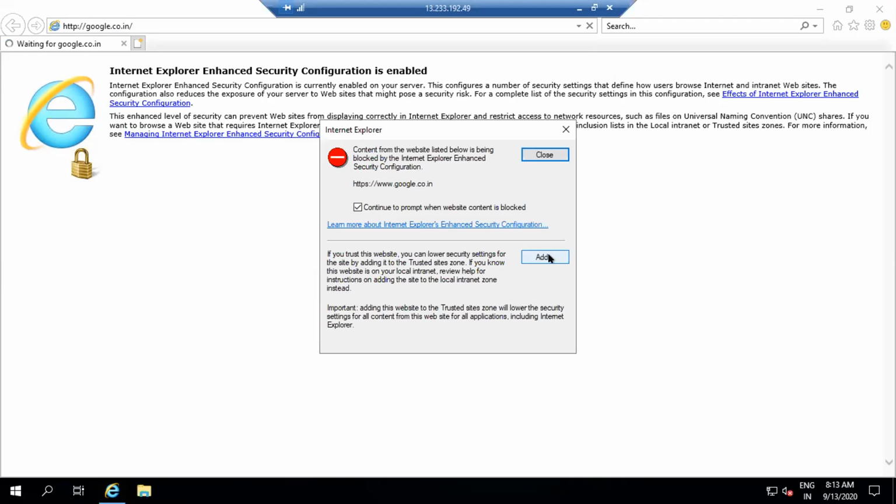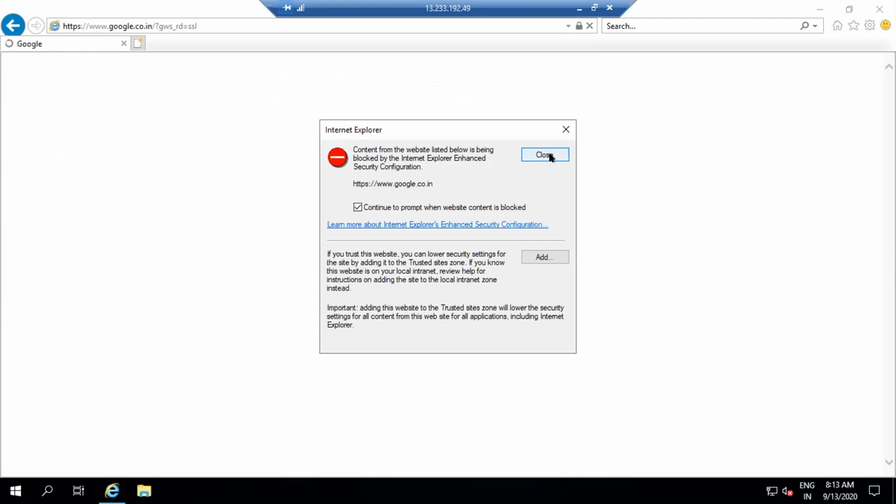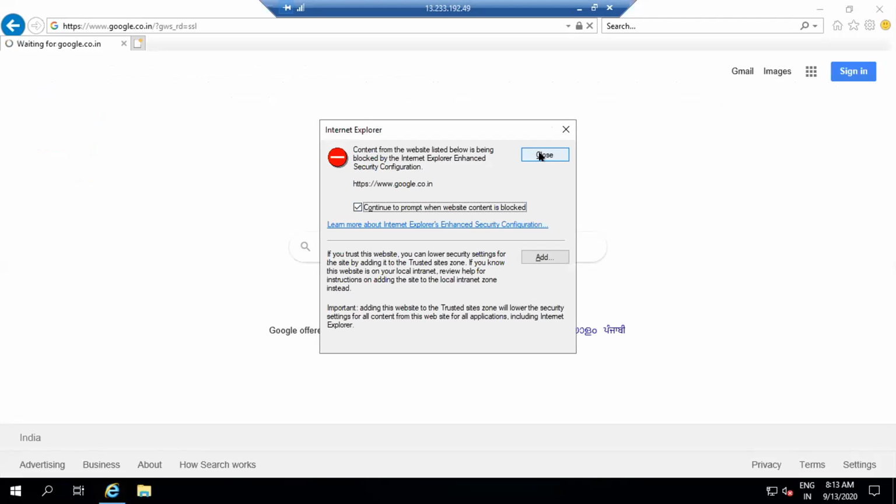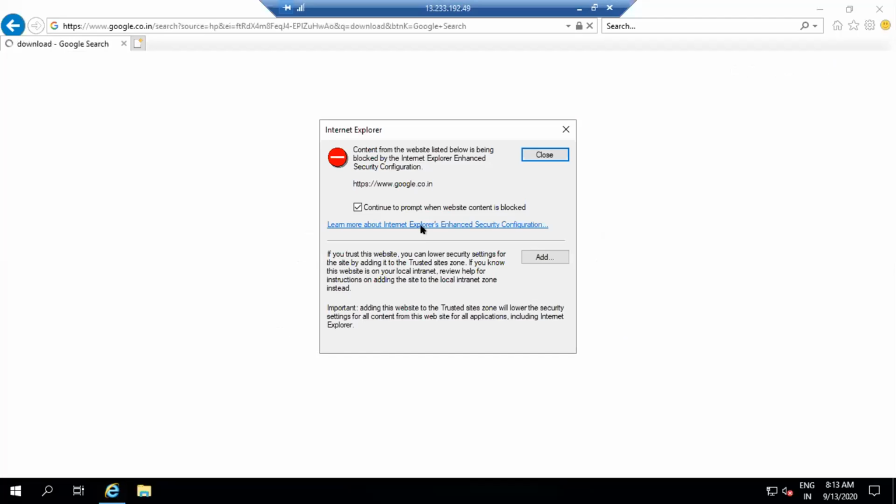Okay, close this. Use the close button. Cross that browser itself. If you try to search again, it will cause an issue. Just say download AWS. I think it's coming the same thing. So you can cross that window, the IE window.